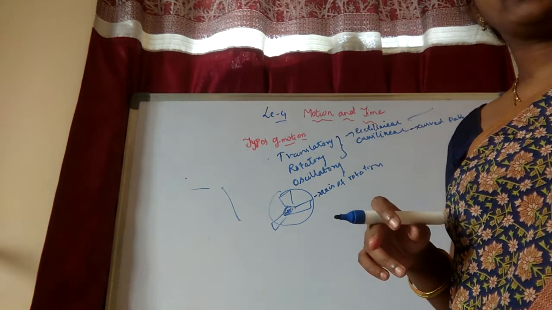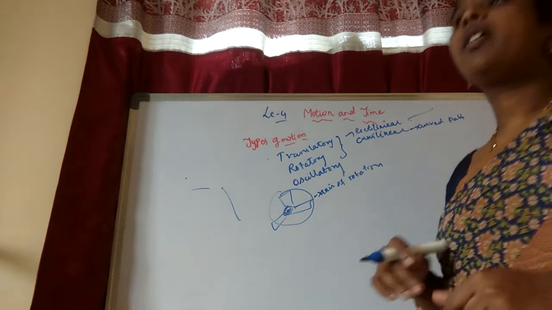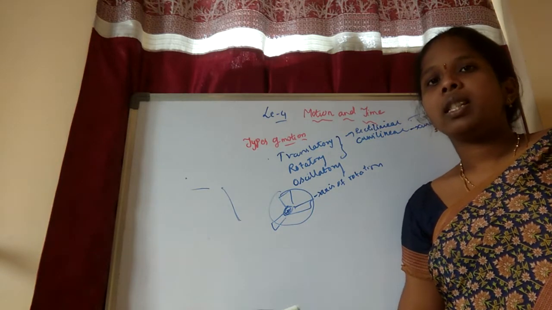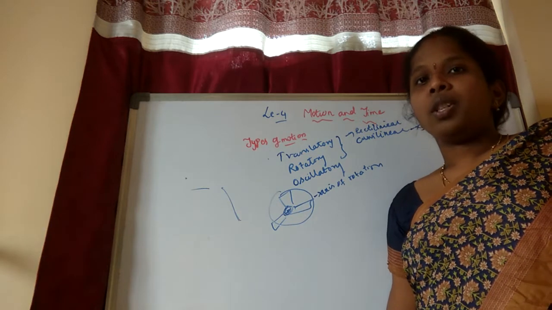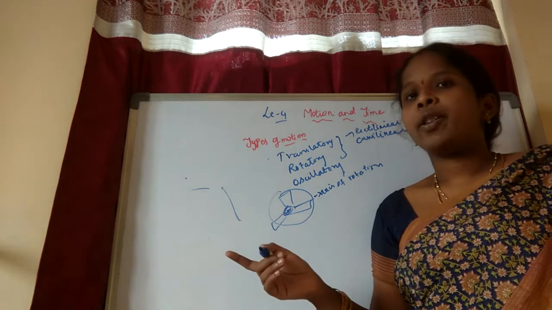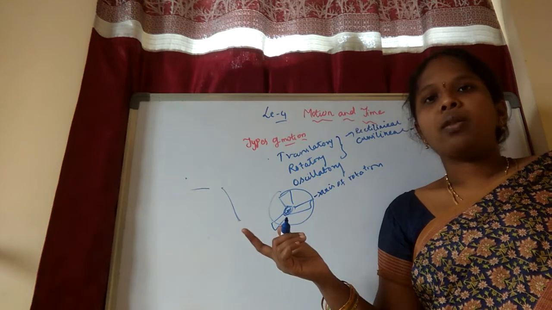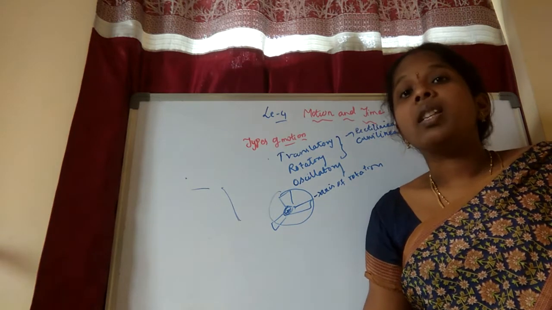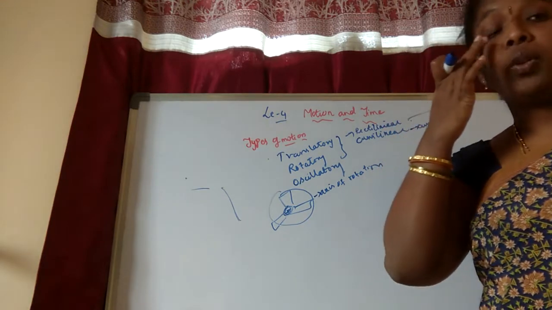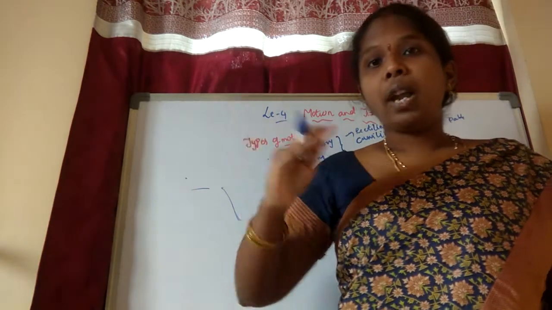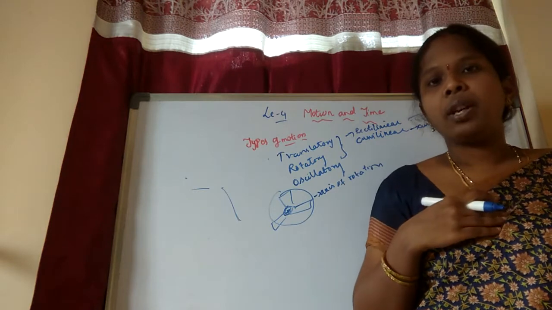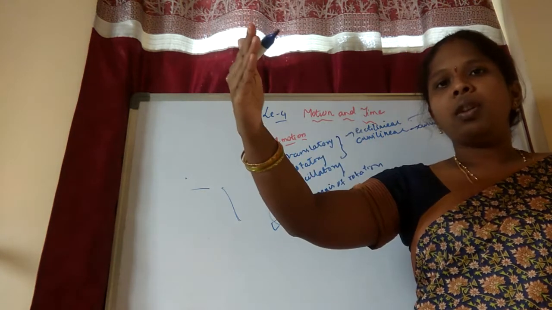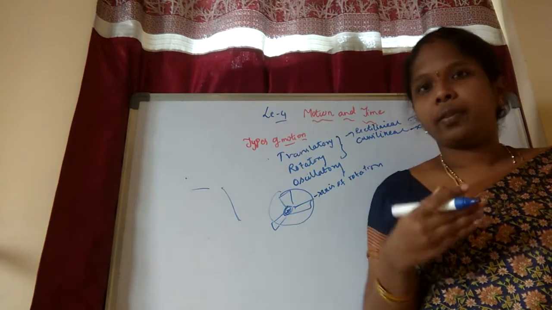Here, if you are taking an example, at the fixed point along the line, it is moving in different motions. It is moving backward and forward, and also to the sides. So oscillatory motion means the to and fro. For example, a swing means to and fro, backwards and front.